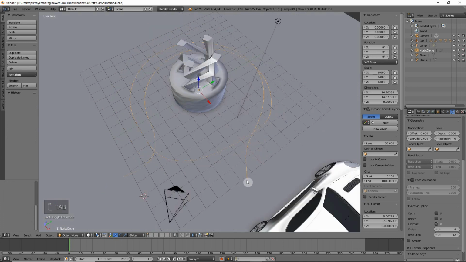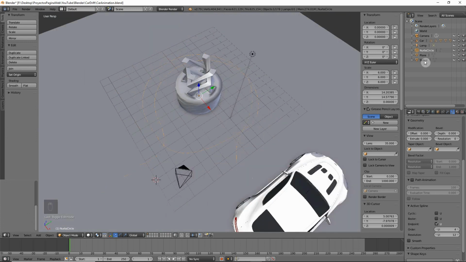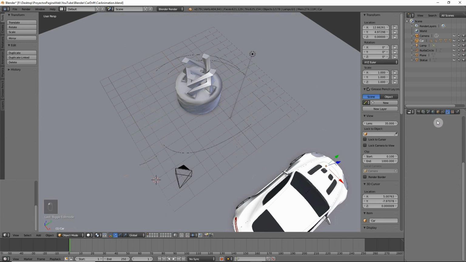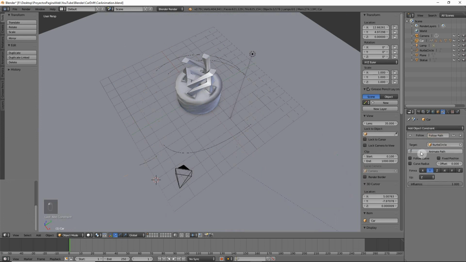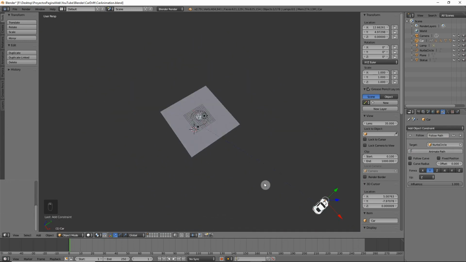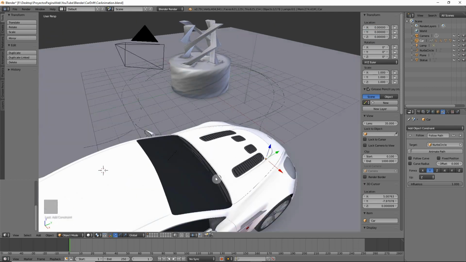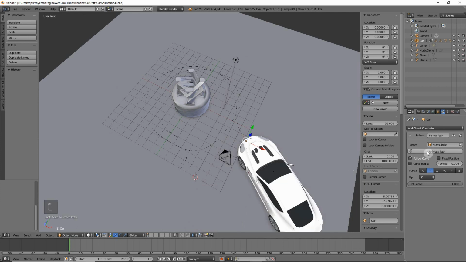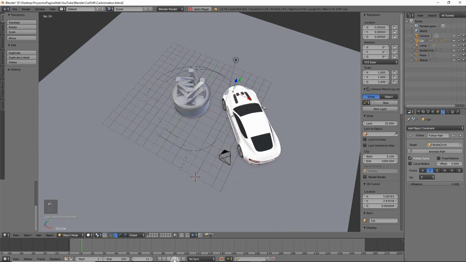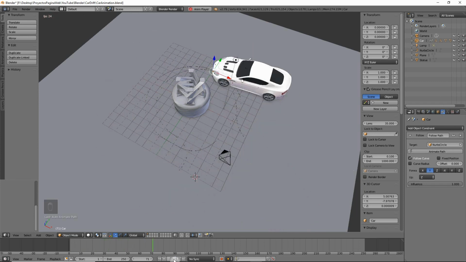Let's just go back here, and what we want to do is to set the car to the path. So how are we going to do that? Well, we put here a constraint, and we're going to select follow path here. We select the NURBS, and our car just goes away. Why? Well, just the position. Let's set it to 0 and 0. So let's just see how it looks. Follow curve, and then we select animate path, and from there the car should start moving, although it's moving a bit fast.